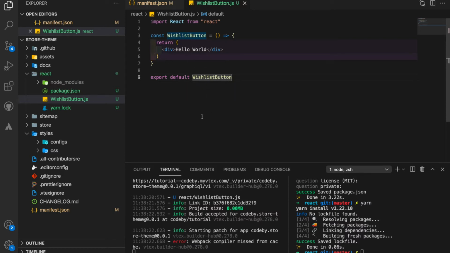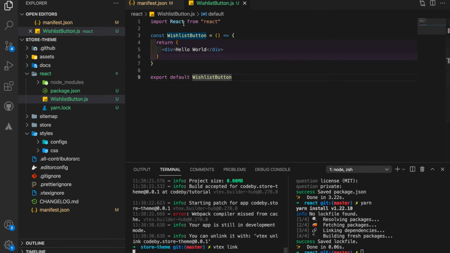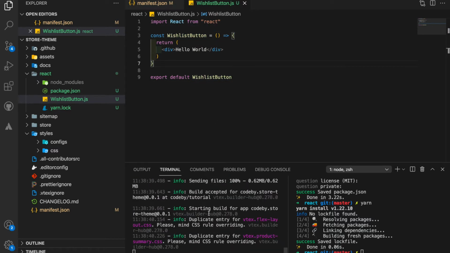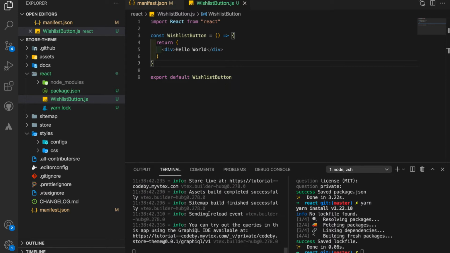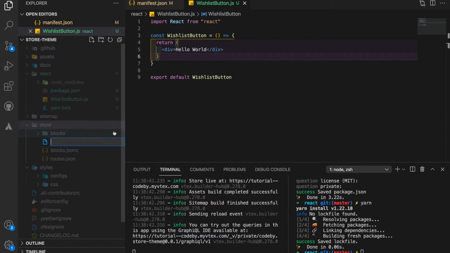But we're still not doing much with this. I'm getting an error here, so let me just redo this link to see if everything's fine. Okay, looks good. But I'm not doing anything now with this yet. So what do I need to do here afterwards? So once we create that, we need to create inside of our store folder a new file called